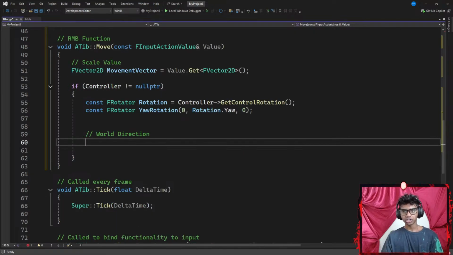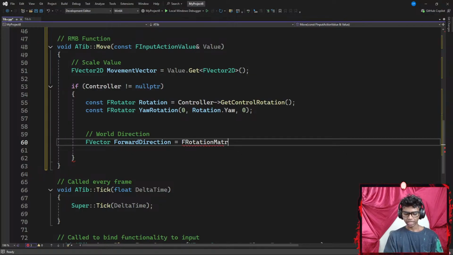For my world direction, I want to create an FVector. This is going to be a three-dimensional vector, represented by a local variable called forward direction, which is going to be equal to the FRotation